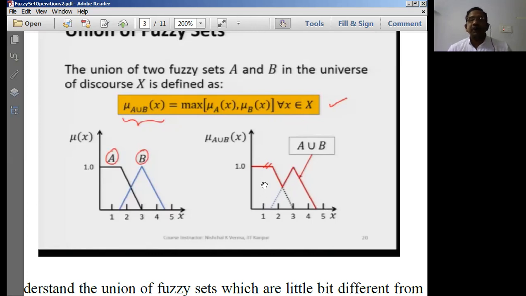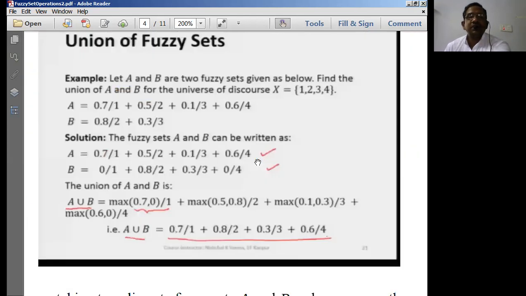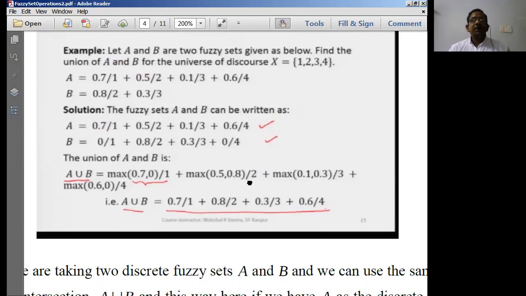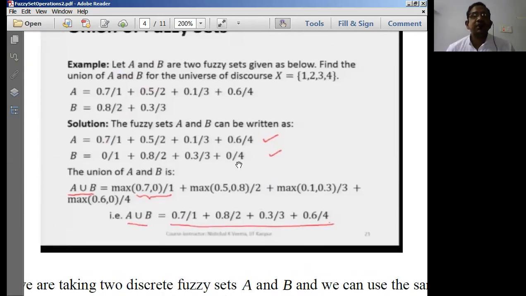So finally, what is going to be the shape of the membership function in the A union B form? The line we draw in red color is simply going to be A union B for us. Here the condition, obviously, is that x should compulsorily belong to the universe of discourse. Under these conditions we join these two sets. Now mathematically, how can we solve for this set? Now let us see.